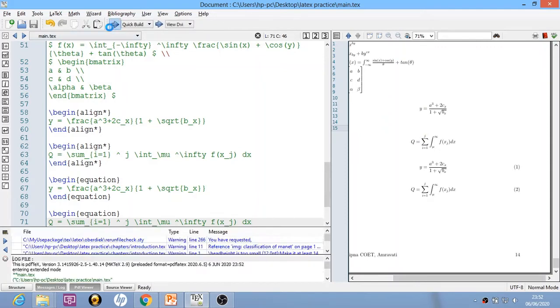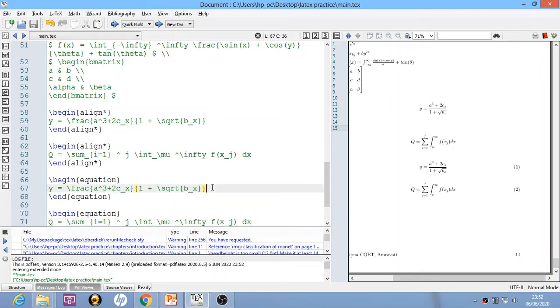I will compile it twice. Now when you use the equation tag, you can see that the equations start numbering. When you are using begin align and end align, the equations were not numbered.